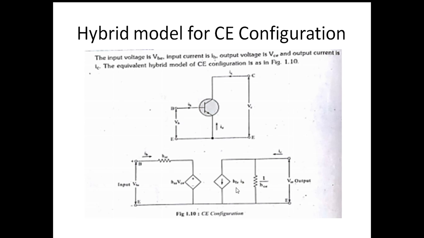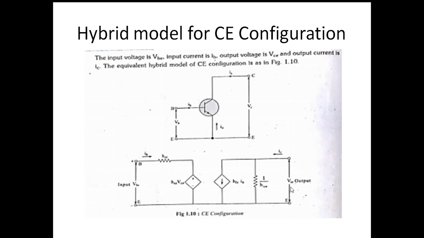This is a dependent current source, HFE-IB, where HFE is forward current gain, into IB plus HOE